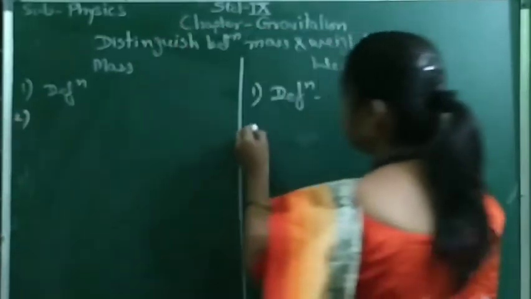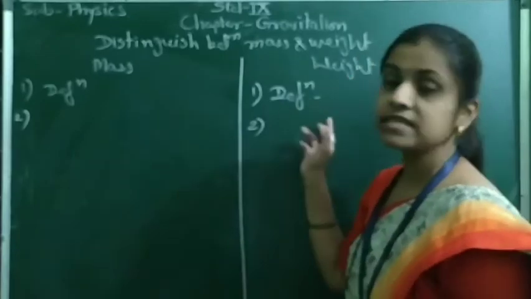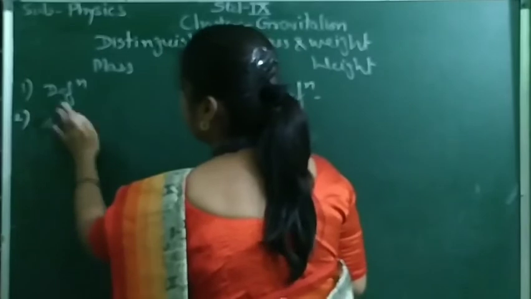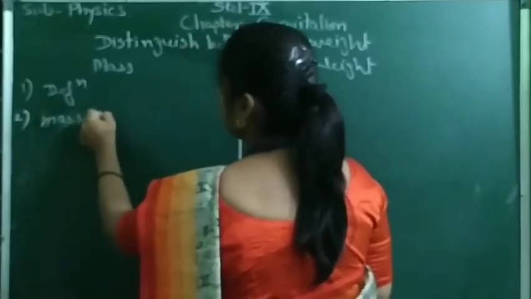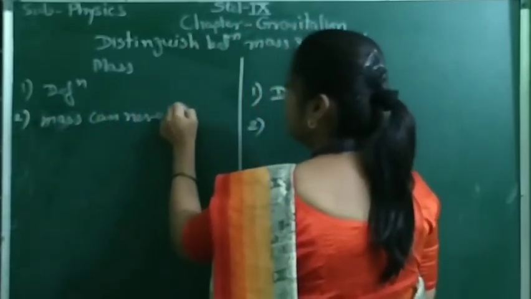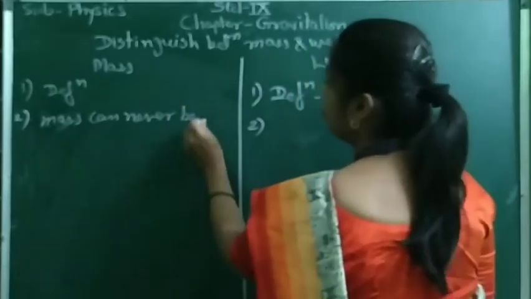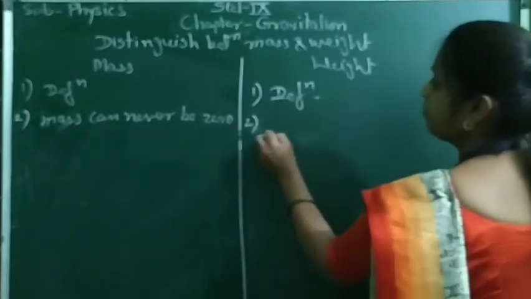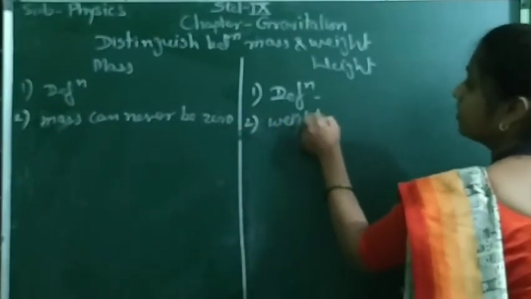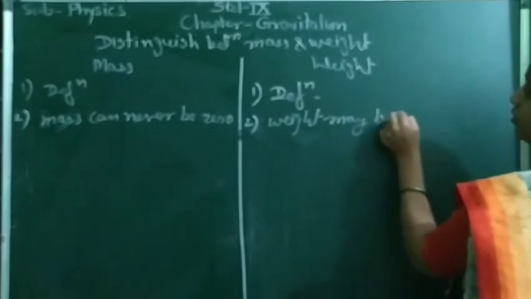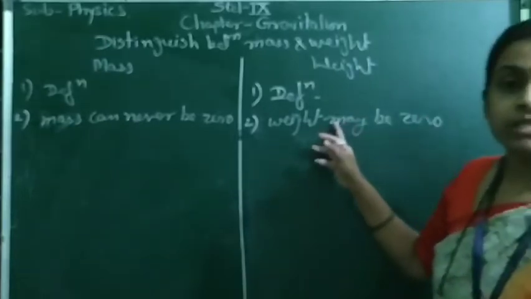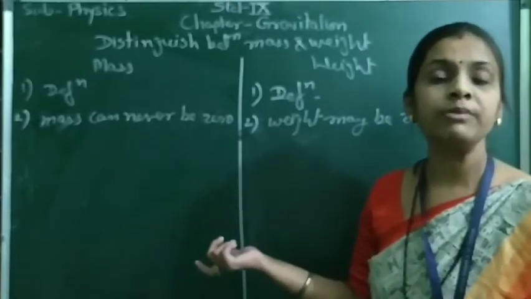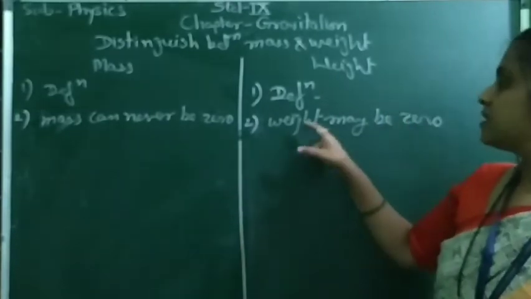Now the second important point regarding mass and weight. Mass can never be zero. But weight may be zero. So why may weight be zero? Because at a place where the acceleration due to gravity becomes zero,